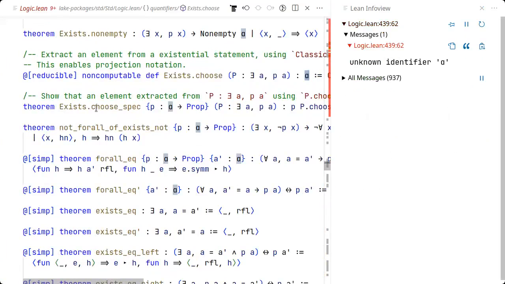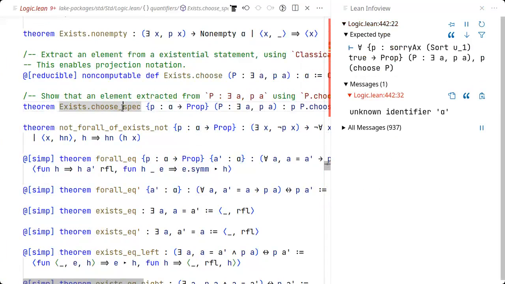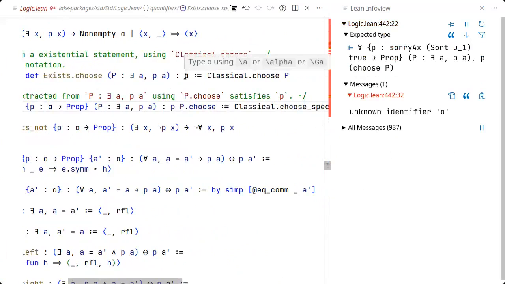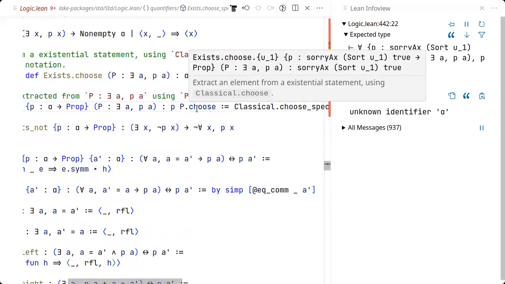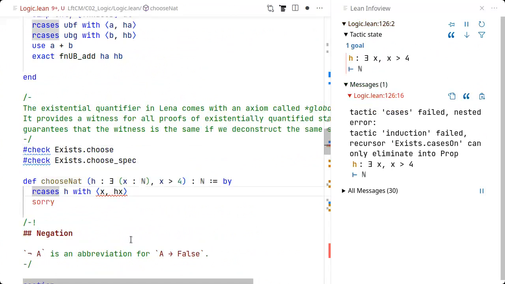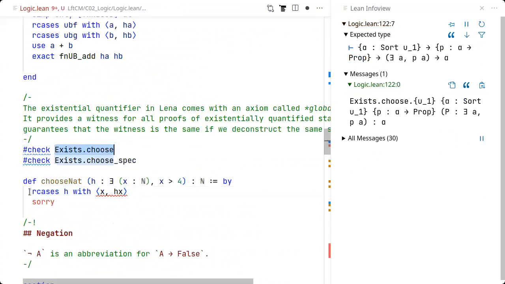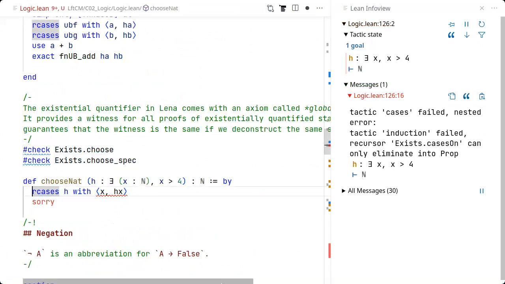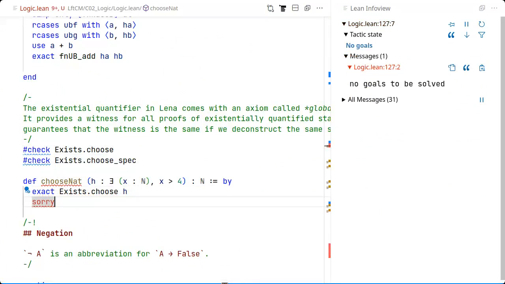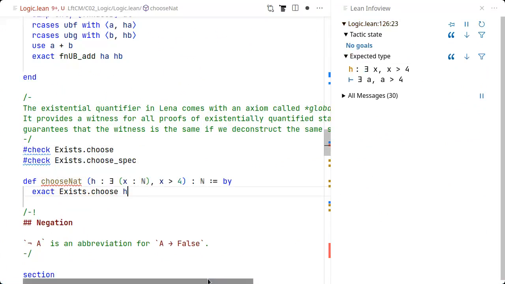And then we have another theorem that is called Exists.choose_spec, which says that this thing that we've chosen with Exists.choose actually fulfills the property that we wanted to fulfill. And so yeah, one way to get this here is to say, okay, this should be exact. Okay, now we've gotten rid of this one error message, and now we got a different error message